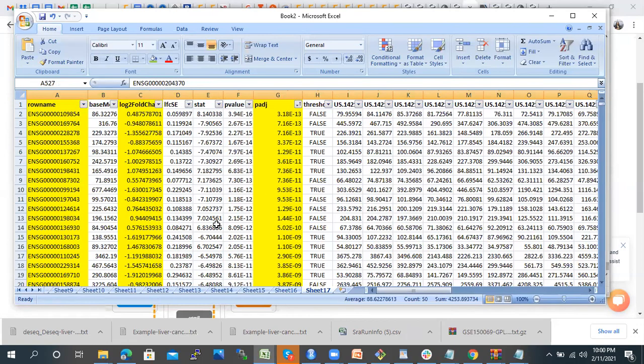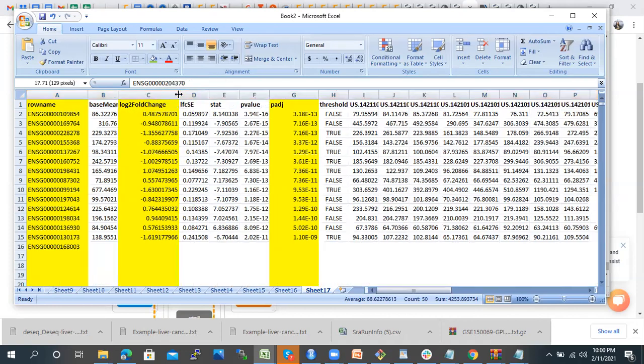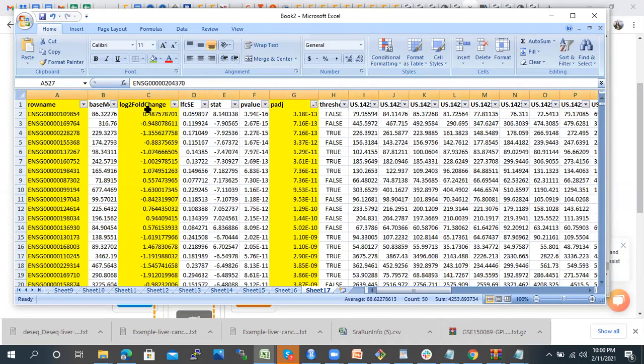Okay. So this is how we can filter out our genes. You can then see which gene is upregulated and downregulated, and that is based on the log2 fold changes. If you have positive fold changes, that means a particular gene is upregulated in condition 2 in comparison to condition 1, or group 2 in comparison to group 1.